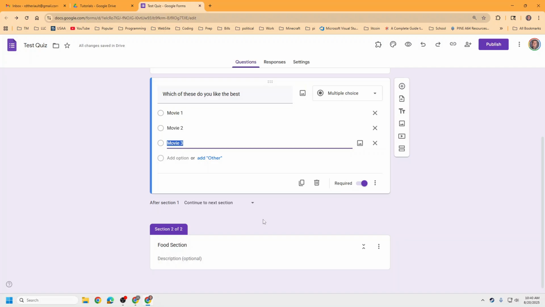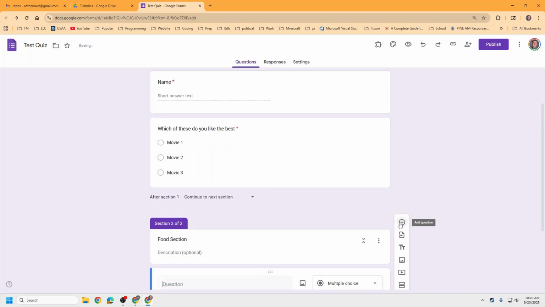Or as I mentioned, it's a great thing if I'm going to group some questions together. Here's some information about it. Like a lot of these are about the movie, the videos, the images. That's nice where you can just plug it in there, and then you can have a few questions about it. But for now, if I want to add a question down here, I need to click on here, add new question,